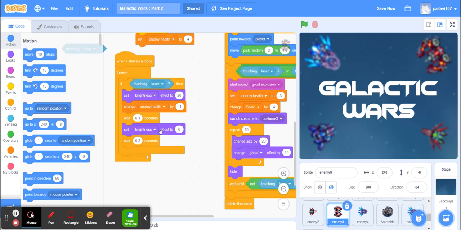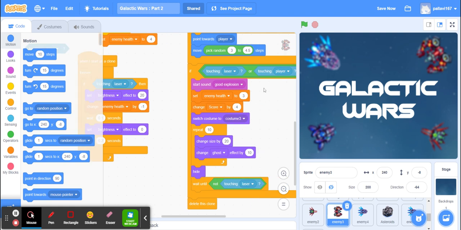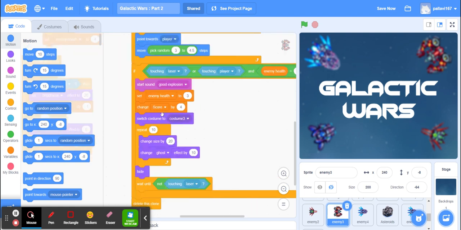So this is how you can set the enemy health, and increment or decrement it as per the game condition. So here, if it touches the laser or a bullet, then one enemy health is reduced. And this enemy health is basically set from 0 to 3, and hence it's going to take more bullets before it gets destroyed. And also you're getting more score by destroying these enemies, so all the effort is worth it.